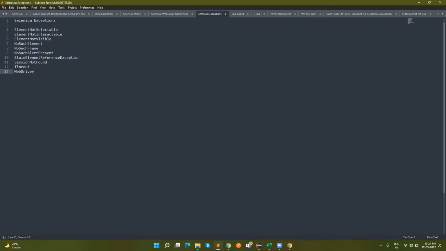So, how to handle those exceptions? Everyone knows. Try catch. Try catch block, right? So I will not tell you that you have to write down the try catch block, but I will tell you when we can get this exception. Mostly you will get these exceptions in your automation script. First exception,